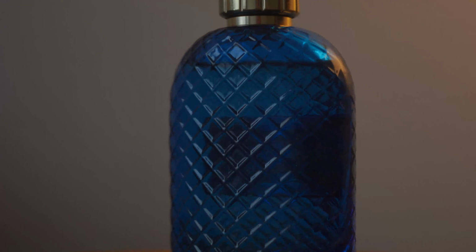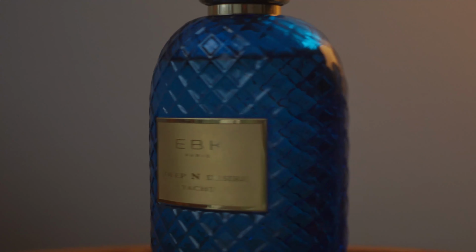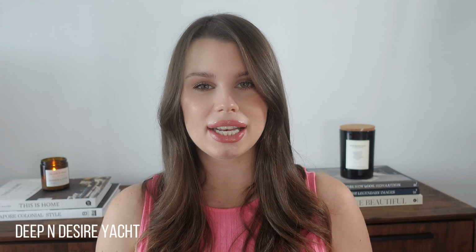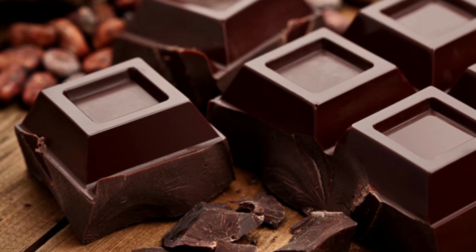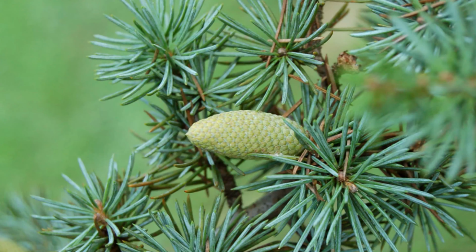It opens up with this very beautiful bittersweet grapefruit peel together with bergamot, and then you get to smell this beautiful camellia tea note that adds a lot of sophistication. Very sweet, firm, and juicy grapes. And later on you get to smell this gorgeous hazelnut creamy undertone together with dark chocolate that peeks through and then kind of molds in with this warm cedarwood note that adds a lot of sophistication and elegance to the